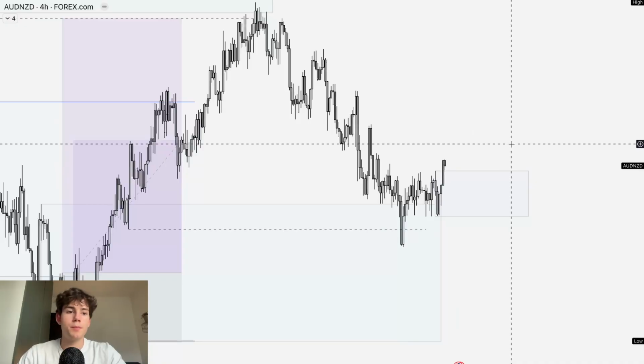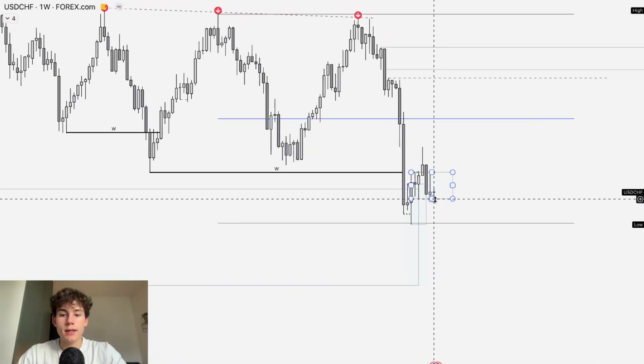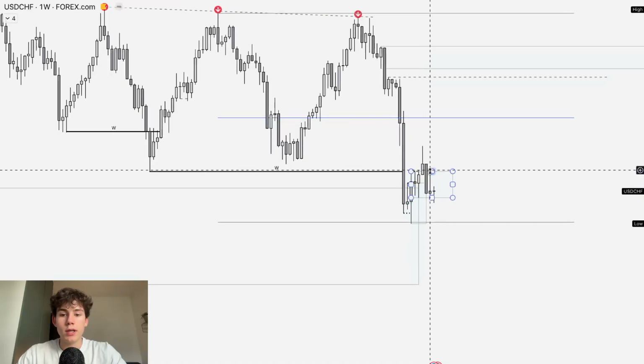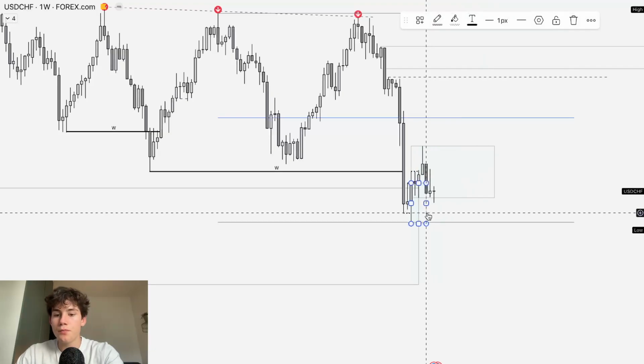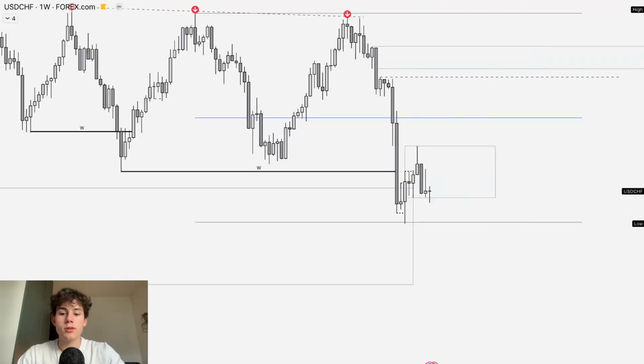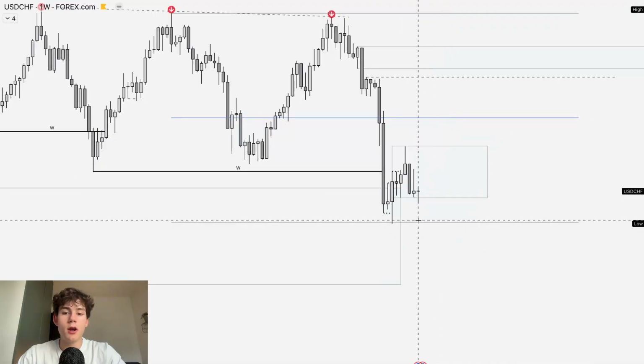to take liquidity above the highs. Going over to USD Swiss on the weekly time frame, what can I see? We just turned weekly fractal bearish, and this is your supply now in control. But what we often see, and what you need to keep in mind, definitely with the fundamentals, is that we could trade up higher. Why?